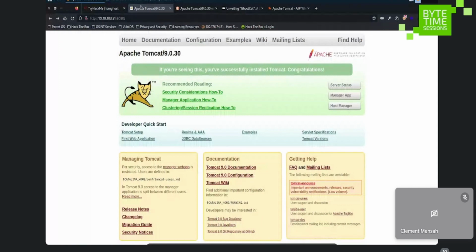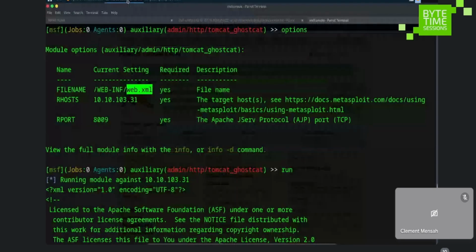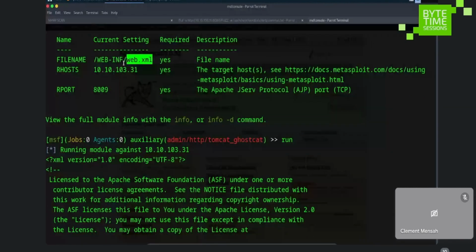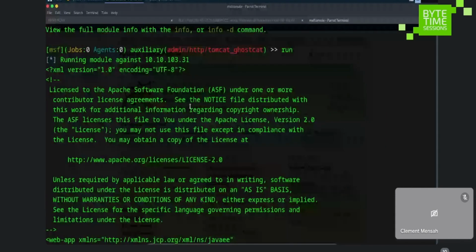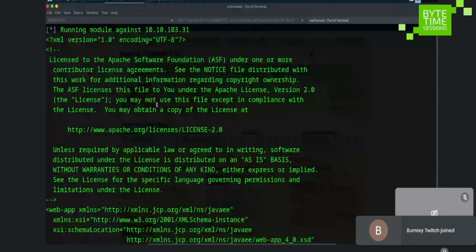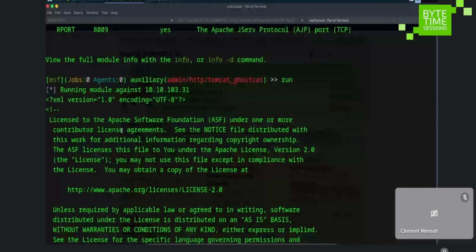Okay, but using the exploit, we are able to read this web.xml file. Now, this WEB-INF would contain some configuration files, and we want to read only this one. And getting it, you realize there are certain things we can actually see from this side. If you are interested in reading them, you can, just to know what it means. So it says, welcome to GhostCat. This is like, by default, a page that you would get whenever you set up the Apache